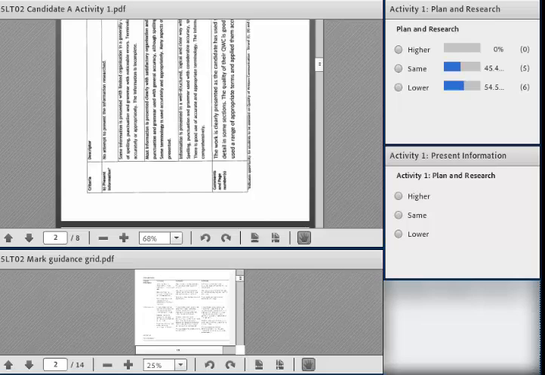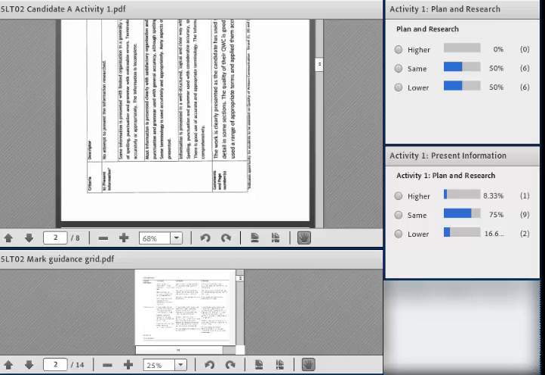It's pretty similar to the planning and research. Some of you say you would have gone lower than 4. About 54% say they would have gone lower, and about 45% say they would have kept it at 4 marks. As moderators, we did keep it at 4 marks because there's a relevant breakdown of the tasks, a variety of different sources of research, and there are dates and there are updates. So it's very similar to the indicative material that we actually talked about. So yes, we would tend to give that.